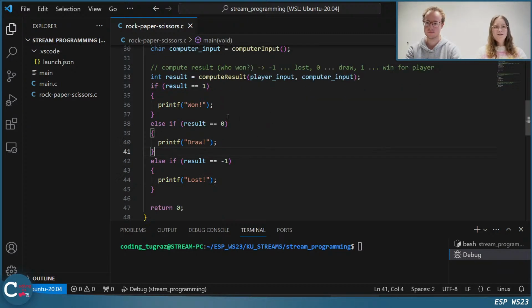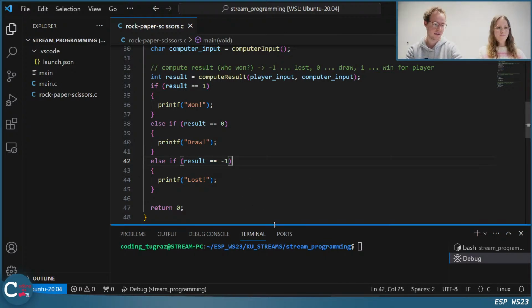So in this case, you're saying, okay, if the result is 1, print 1, and then you skip over everything because we just have elses and return. And if it's not 1, we check if it's 0 and -1. And if you didn't put the else there, we would always check all 3 conditions.